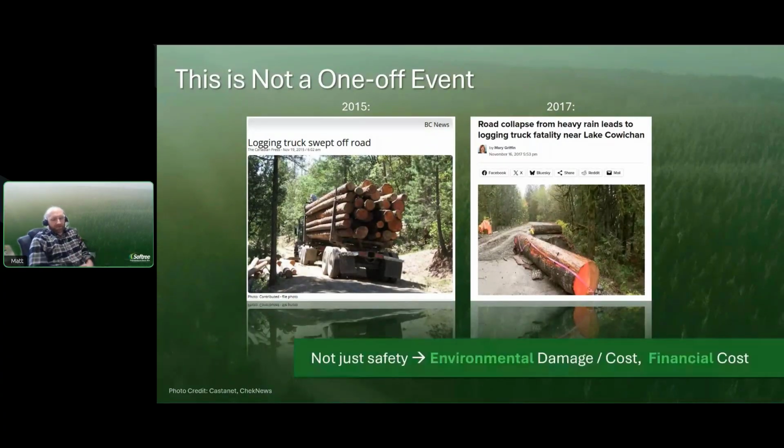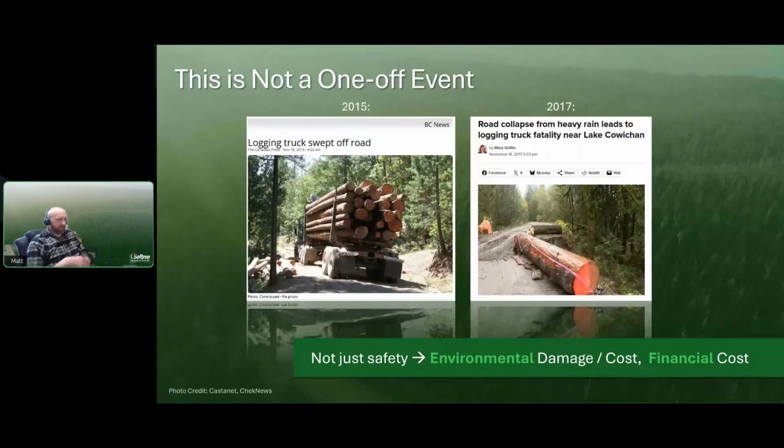And these events, I'm intentionally focusing on high profile events with high cost in terms of human life and safety. But these events all have an environmental cost associated with them too. So slides, we've got the disturbance area, we've got sediment delivery. The shoulder failing, well, it's sediment delivery as well. In this case, the first responders noted in the news article that there was a diesel spill on site too. So yeah, there's an environmental cost for all of this as well.